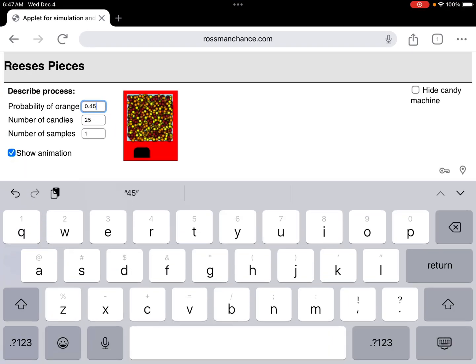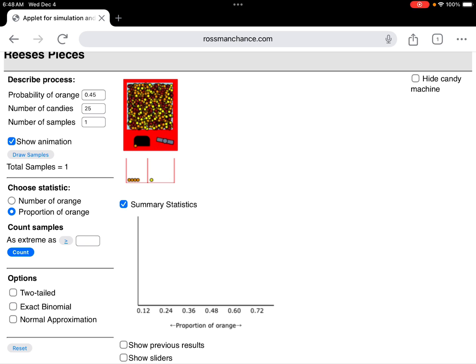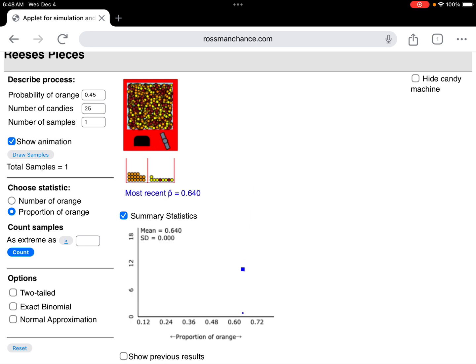So 25 candies, number of samples, show animation, because this is kind of fun. I want the proportion of orange checked, so I'm going to check that under statistic. And I want it to give me the summary statistics, so I'm going to check that. I think I'm ready to go. So watch this. If you have the animation checked and you hit draw samples, it spins it and separates them, and it's super fun and mesmerizing to watch. And wow, you guys,